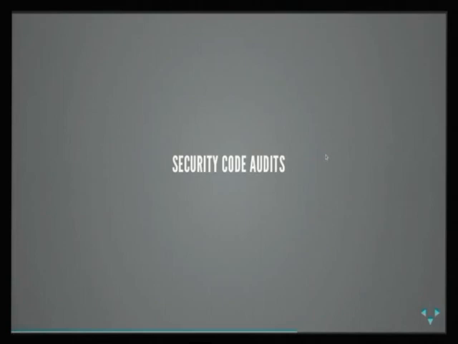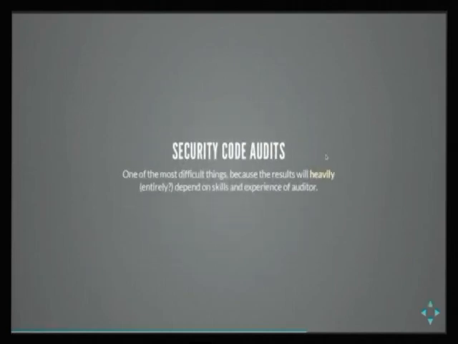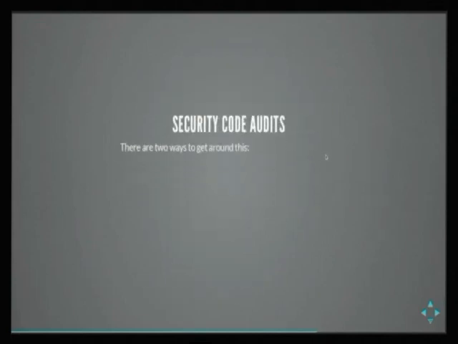Now this is, I guess, the most tricky part of the development lifecycle: how to do code audits efficiently. The difficult thing about it is it heavily depends on the skill and experience of the auditor, which is these days a scarce resource. So there are two ways to get around this.